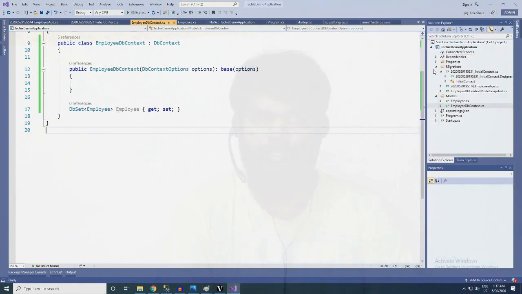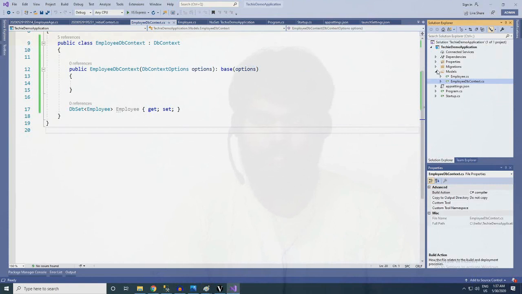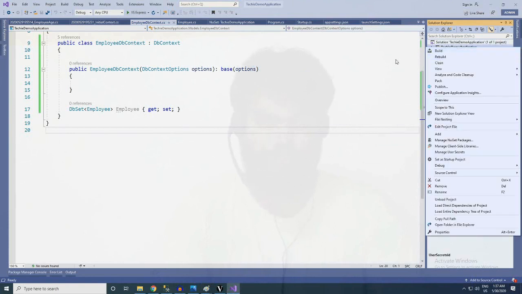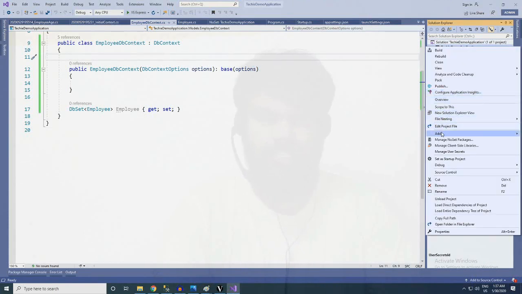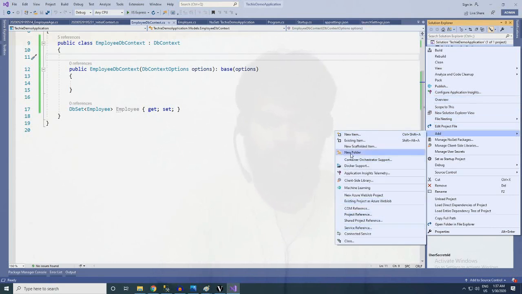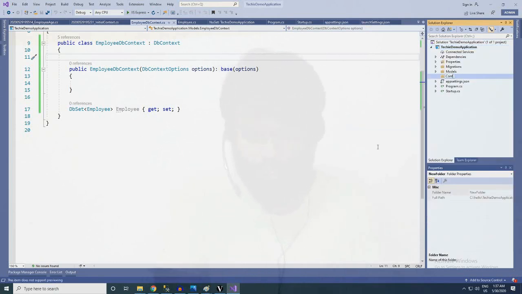For that, we need to create a controller. So I will be adding a new folder for saving all controller files. Because this is a simple application, we'll be having a single controller, but in real time people will be having a total of n number of controllers. So they will have a folder structure like this.